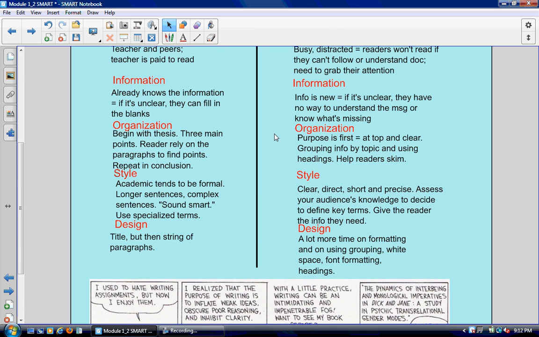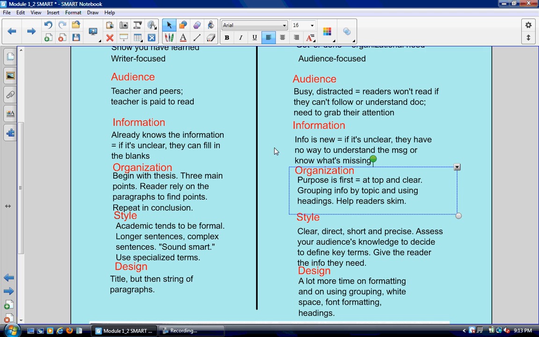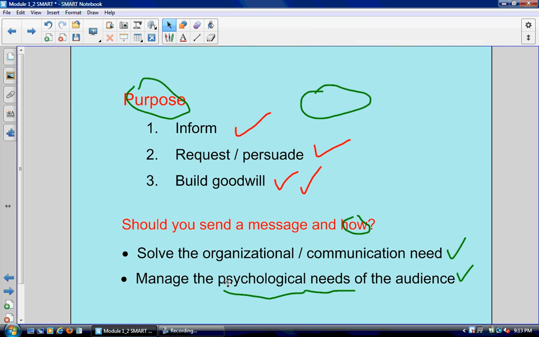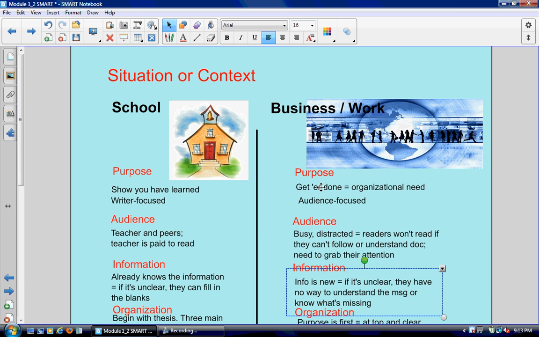And so again, really focused on organization and document design in business writing. You cannot just rely on this introduction, three points, conclusion structure. We've got to think about, and our Module 13 talked about that, differences between, are we trying to persuade? Is it a negative message? The organization changes based on the situation and the kind of information that you're trying to convey, so that we can, going back to the audience focus, manage the psychological needs of the audience, okay? And so we change our organization depending on what we're trying to do so that we can achieve our purpose.